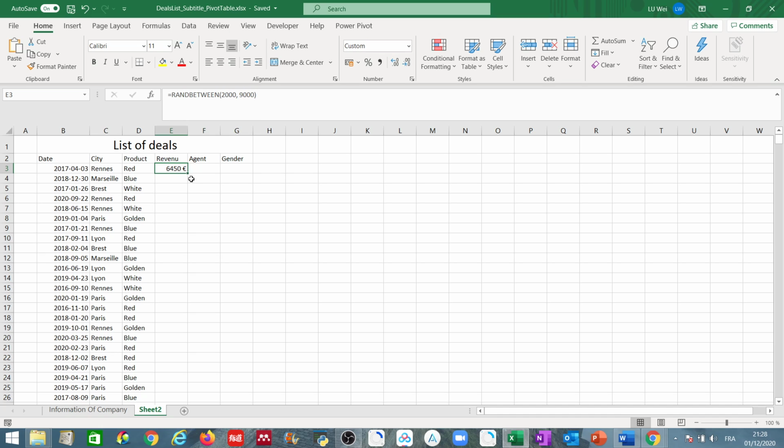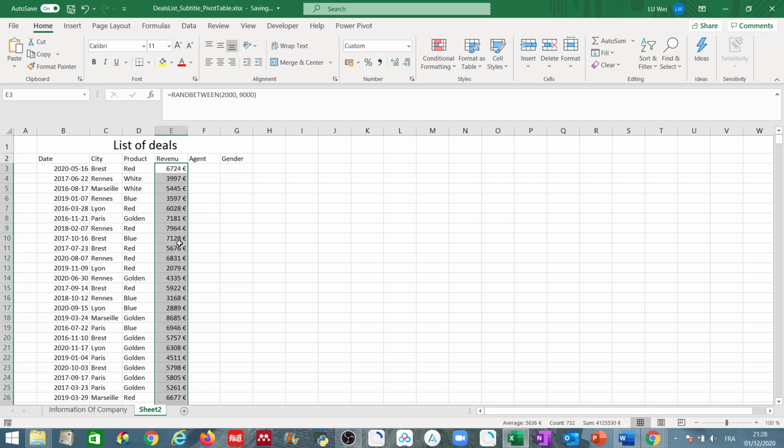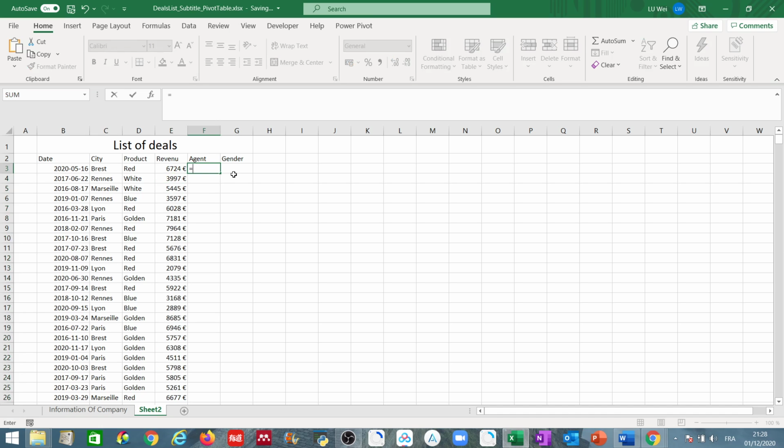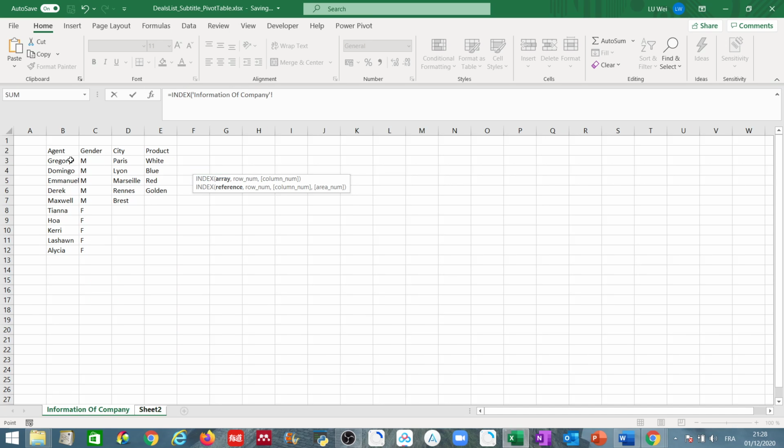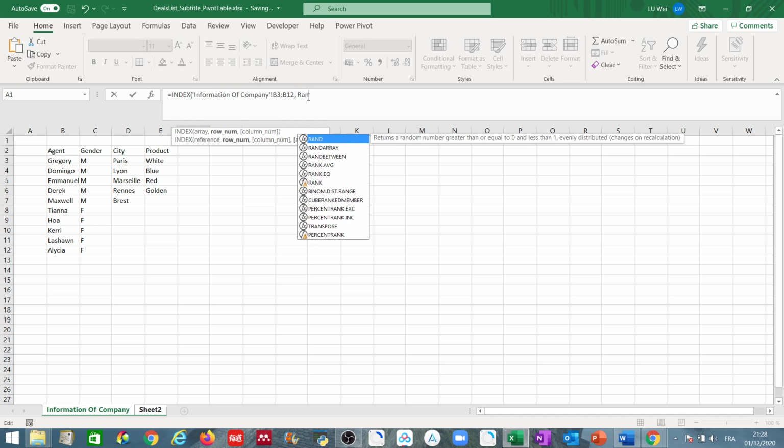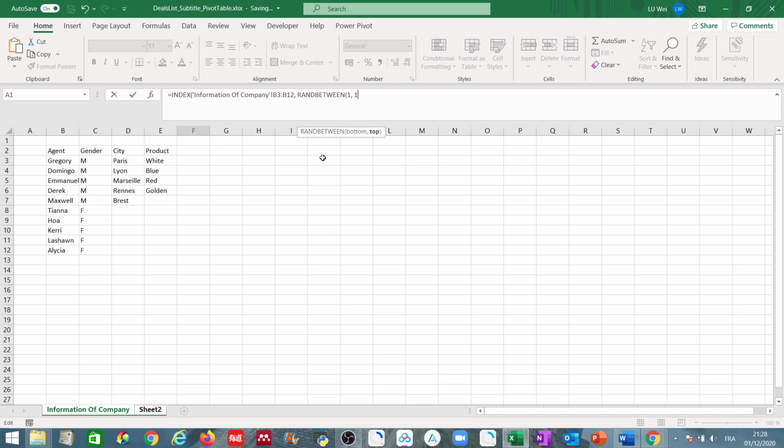Okay, I will just copy this formula to the other row, and to generate a random number as the revenue of the deal. And who has done it? The same thing. I will do just a random choice between the 10 agents, and row number, there are 10 lines. So in the selected 10 lines, just a random between 1 and 10,